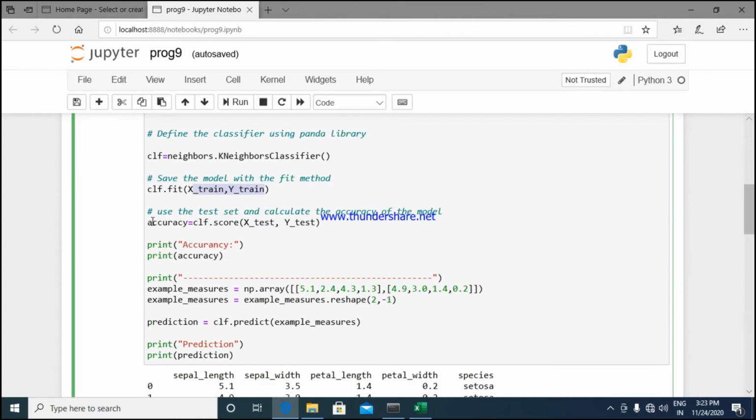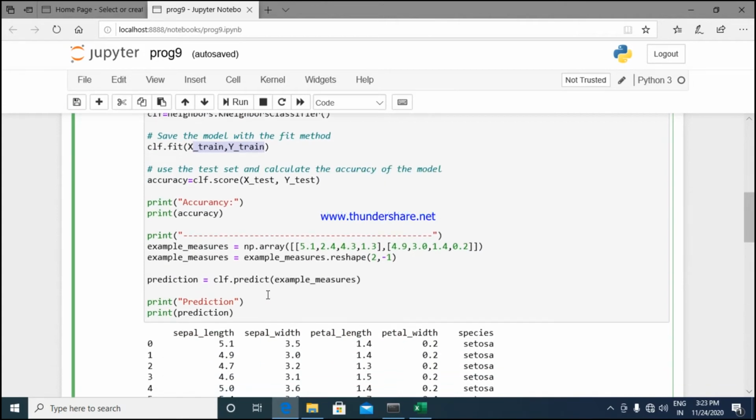I'll start calculating the accuracy. Before going into accuracy, I'll start measuring the values. If your sepal length is 5.1, sepal width is 3.5, petal length is 1.4, and petal width is 0.2, then it comes under the species setosa.